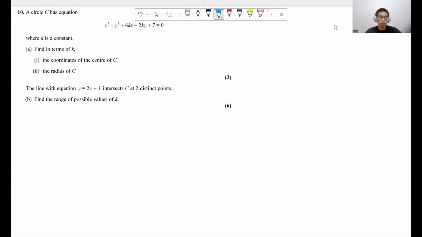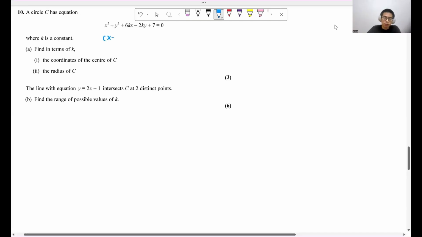Question 10. A circle C has equation x squared plus y squared plus 6kx minus 2ky plus 7 equal to 0, where k is a constant. Part A: find, in terms of k, the coordinates of the center of the circle and the radius of the circle. Okay, so if we want to find the center and the radius, we need to write this